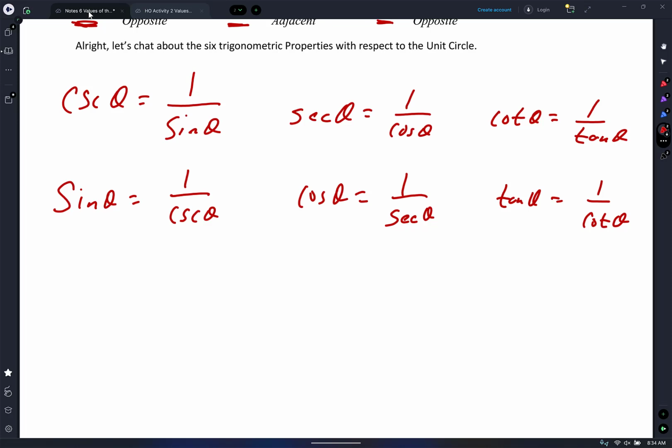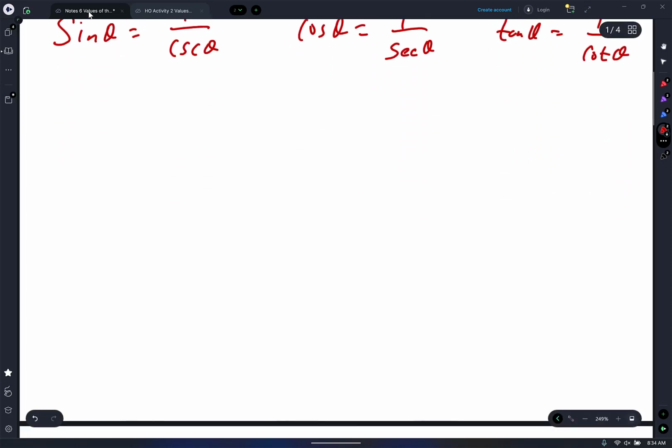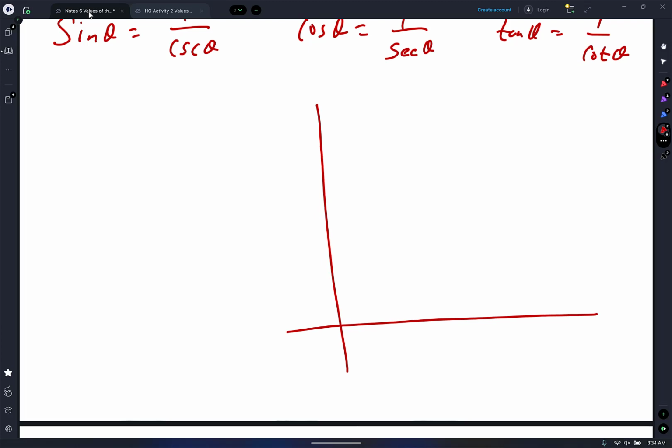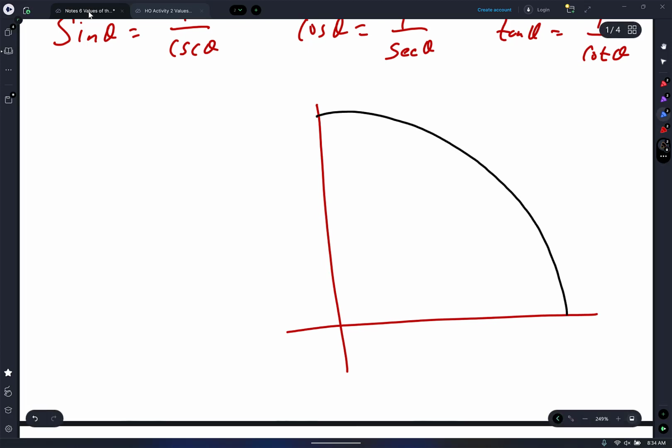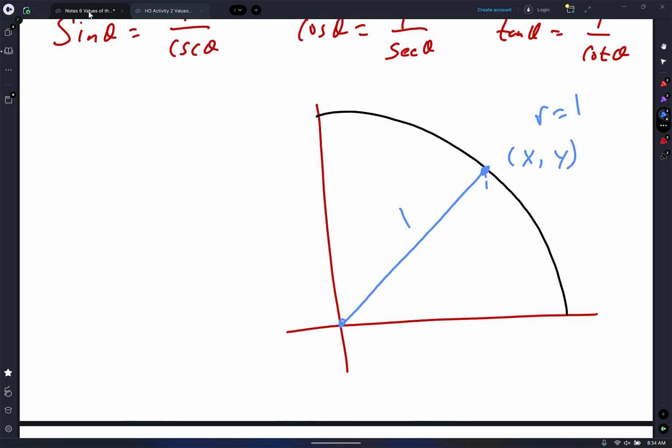And then I put here, let's chat about the 6 trig properties with respect to the unit circle. So let's draw the unit circle real quick, just quadrant 1. So here's quadrant 1. And I'm not going to label anything like your coordinates, not until the next page. So here's some ray, or my hypotenuse or radius. Remember the radius is 1 because it's a 1 unit circle. So 1. And I have some x and I have some y. If I draw a vertical displacement, so this horizontal displacement is x, this vertical displacement is y. And if I call this theta,